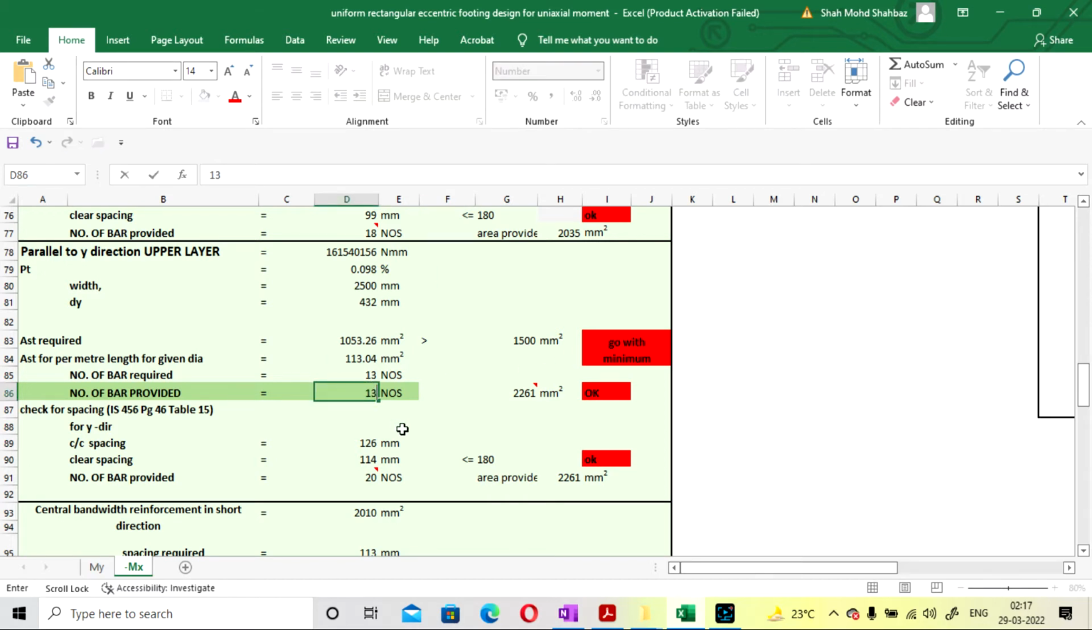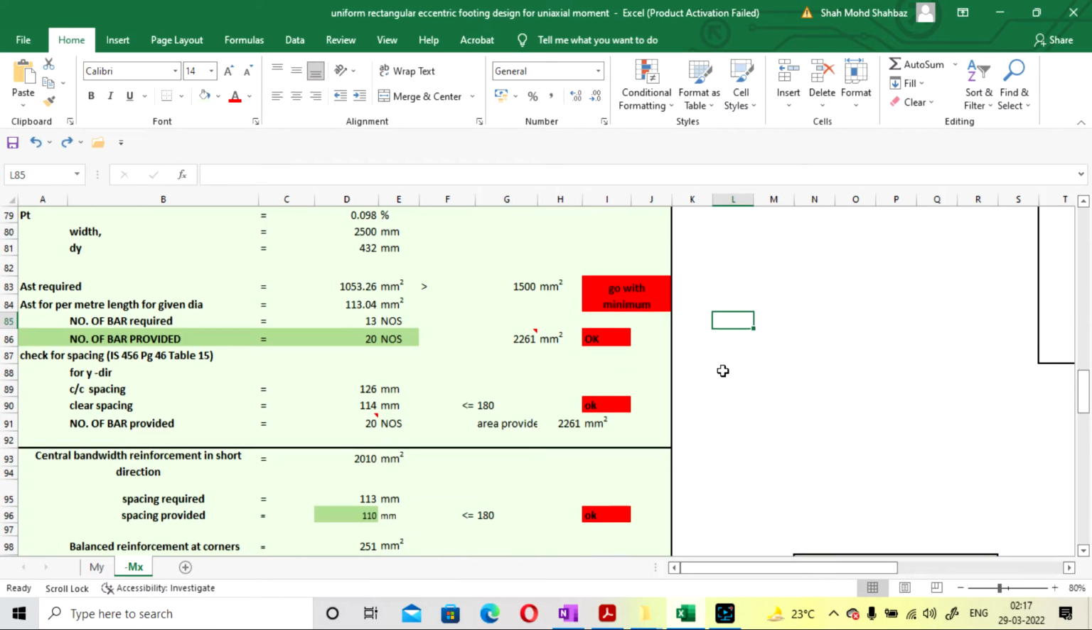So if you go with 30 number of bars, it will show you not okay. If you go with 40 number of bars, it will show you okay, because our area is coming at 1583, which is more than our 1500. That is what the AST minimum is coming. That's why it is showing you okay, but we are going with the larger value, as we have already told you for one way and two way checks. Okay,